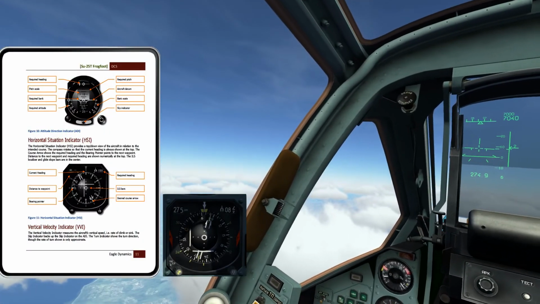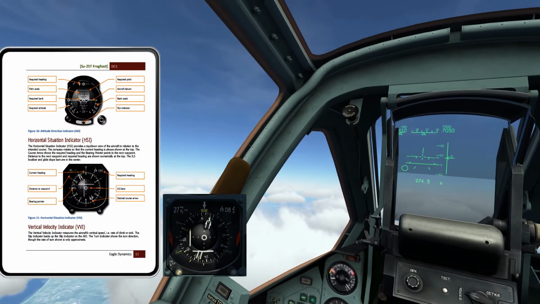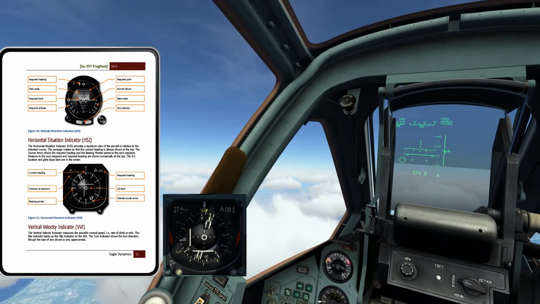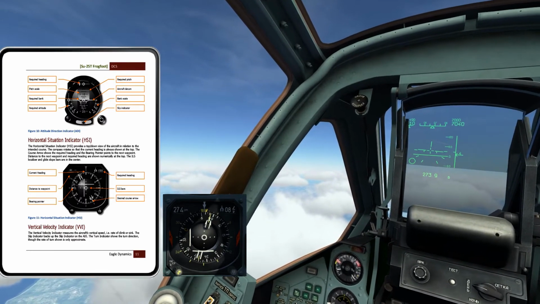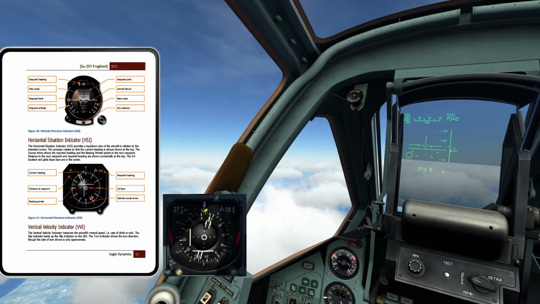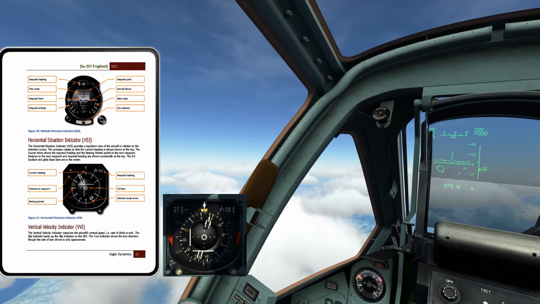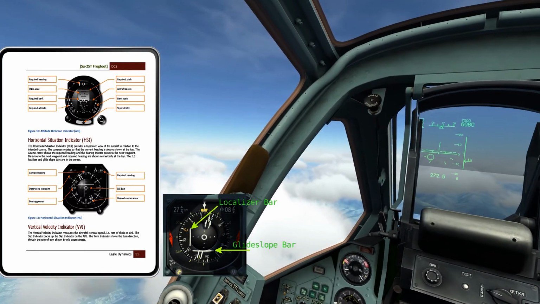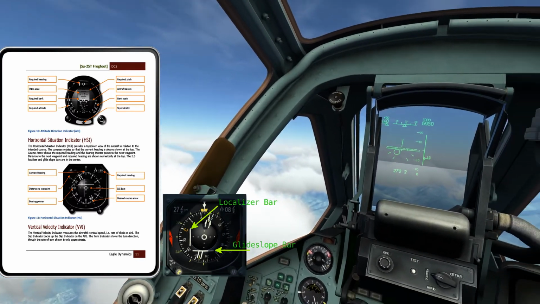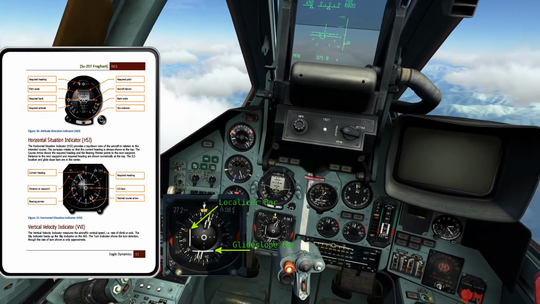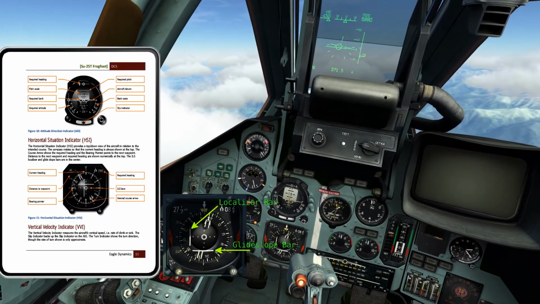Okay, distance to the next waypoint and required heading are shown numerically at the top, which we covered. That's the two small windows, the left and the right windows. One is the distance and the other is the heading. And then the ILS localizer glide slope bars are in the center. And that is in conjunction with the ILS landing, which